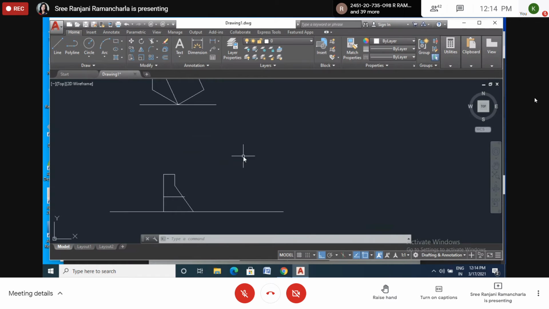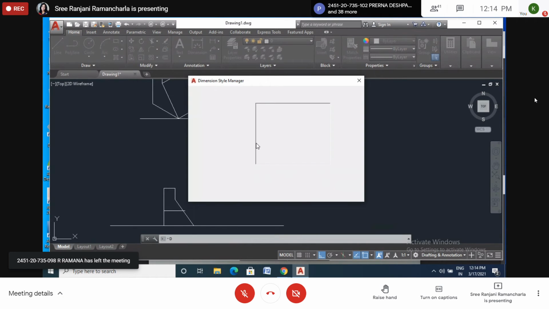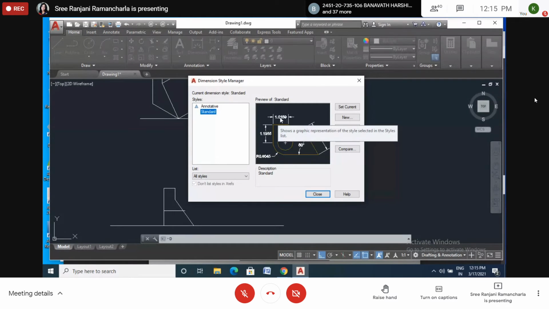I'll change the dimension style. D space. Please note it down, those who were absent in the last classes. When I am drawing the dimensions, I am unable to see those dimensions. I have to modify these dimensions. Modify. See, here we can also see 5 digits after the decimal.